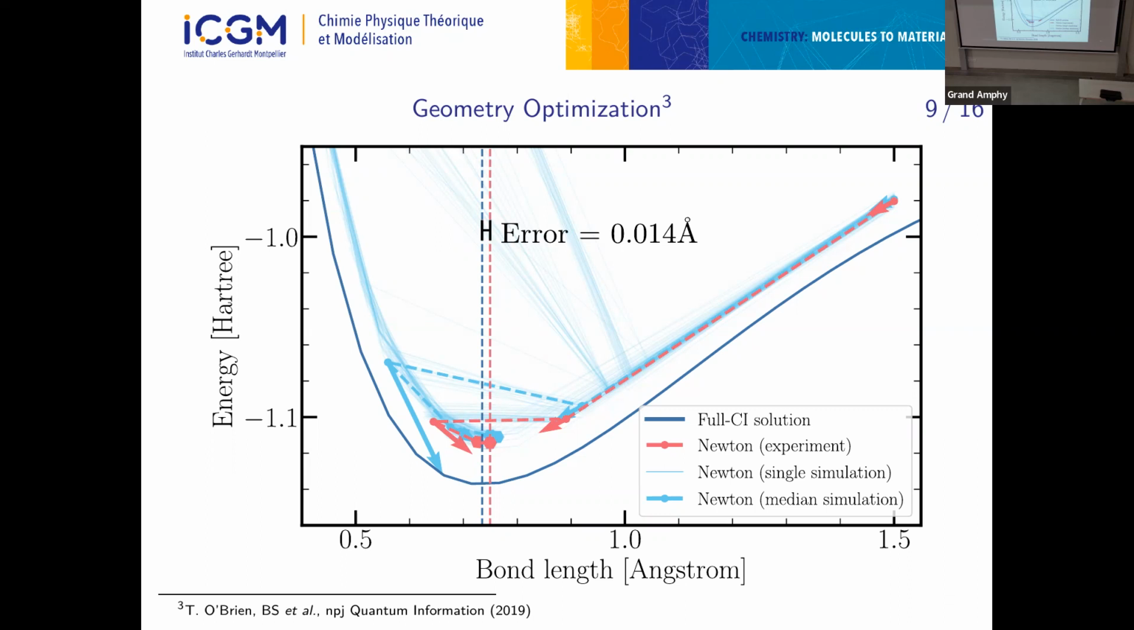I mean, in quantum computing, we have a lot of different errors, depolarizing noise and stuff like this. So achieving full CI is not easy. But still, in terms of geometry optimization, the tendency of the curve was the same. So we could achieve a very good accuracy for